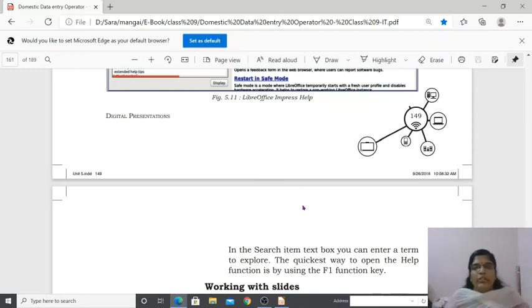Then you see the Impress window. In that window, we discussed all the parts, starting from the title bar to the status bar. Then we studied the basic file operations: how to create a new file, open an existing file, save the file, save it with a different name or format, which is called Save As, and how to close the file. Then we studied how to export as a web page and as a PDF file.